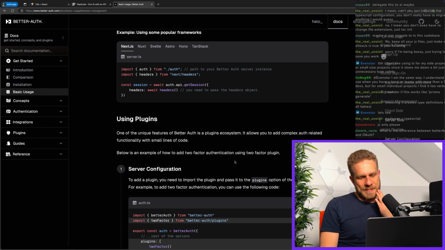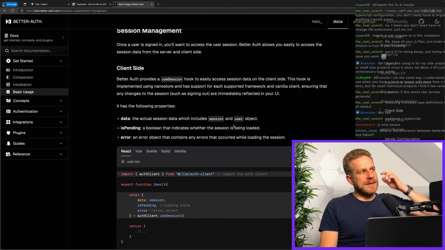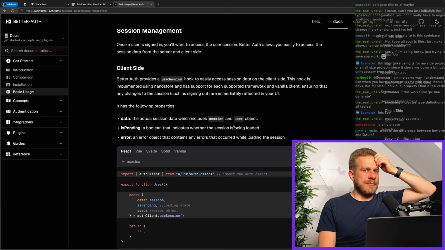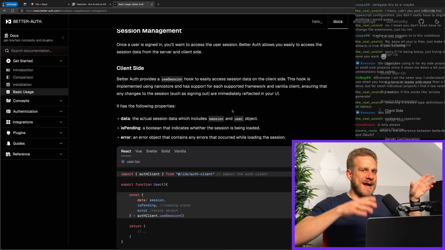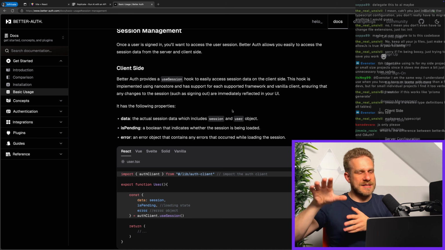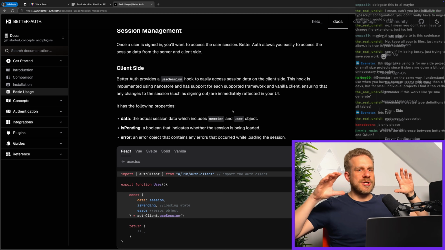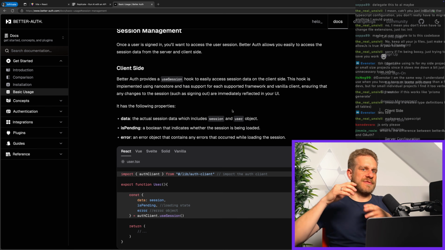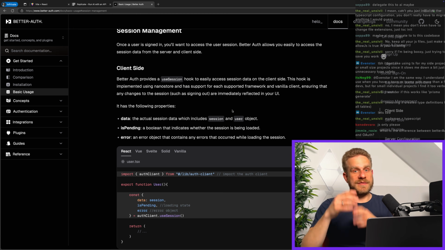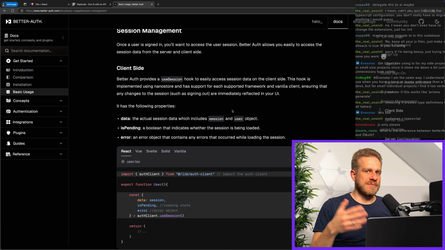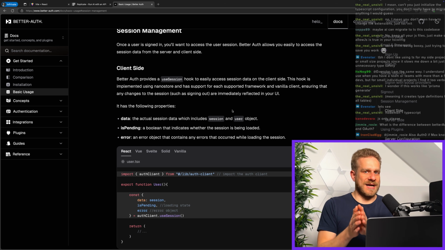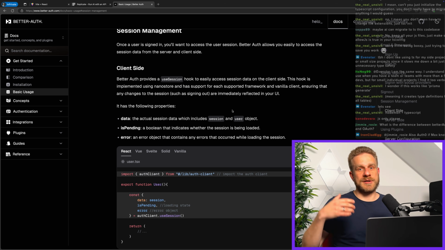What is the difference between better-auth and OAuth? So better-auth is a library which you can install into your apps, into your backend and front-end applications to implement authentication no matter which provider you want to use. So no matter if you want to use Google or Apple, or if you want to roll your own authentication with email and password. OAuth, on the other hand, is a protocol, an approach, you could say, which is, for example,